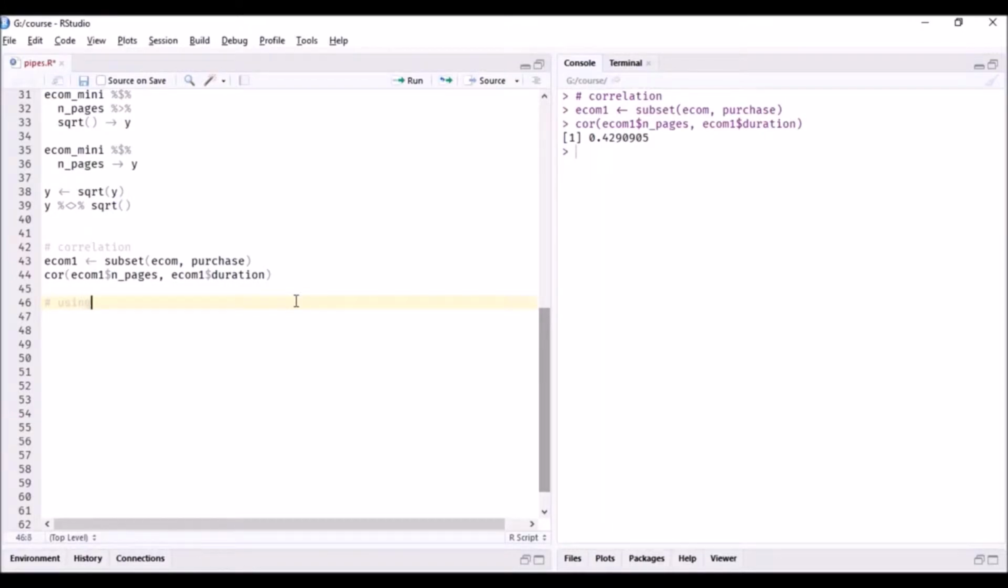Now let us try to arrive at this result using the pipe operators. So how do you define what we just did? We computed the correlation between the number of pages browsed on the site and the time spent on the site, but only for those visits which resulted in a purchase. So this is how we do it. First we take the ecom data set,